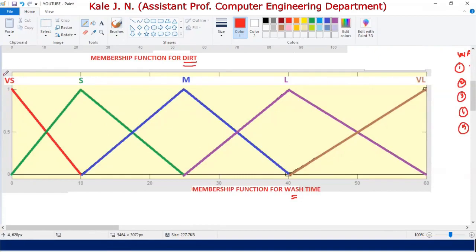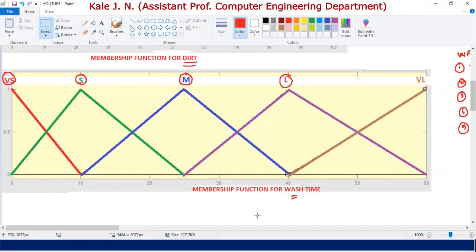So VS means very short wash time, S means short wash time, then medium, large, and very large wash time. We assume that wash time will be measured in terms of minutes, so that's why on the x-axis you can see the values starting from 0 to 60.